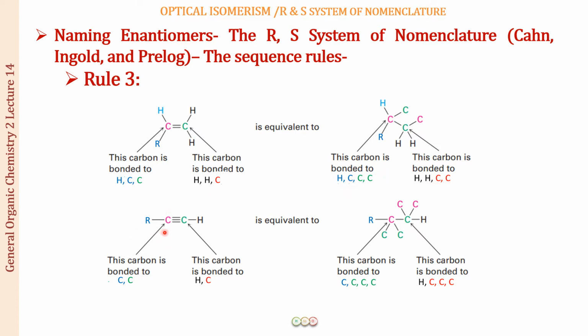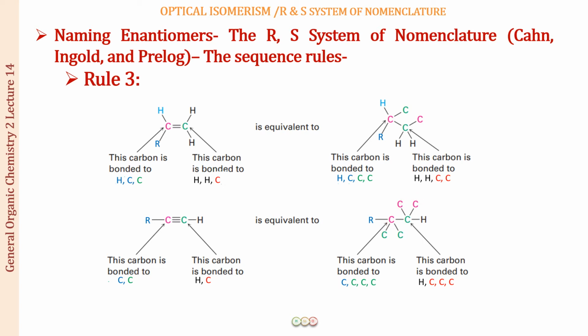When we have a carbon-carbon triple bond, we are going to consider this carbon forming three single bonds with three carbon atoms. So this carbon in pink is forming three single bonds with three green carbons, 1, 2 and 3. Similarly, only one of these three was the actual carbon. The rest of them were not existing, so we are not considering them. We are considering the ones which were actually present, this carbon and this carbon. So this C is also going to form three single bonds with three carbon atoms, 1, 2 and 3.